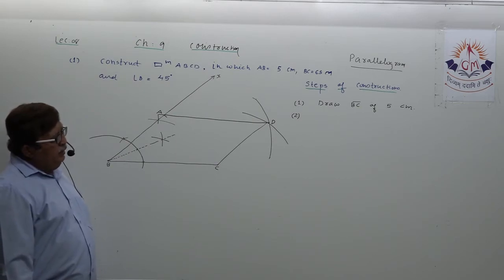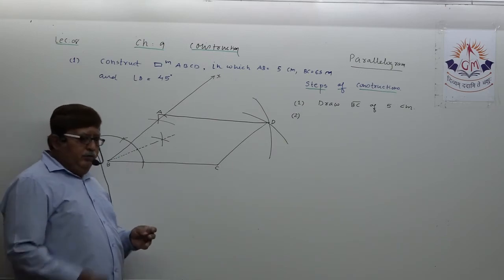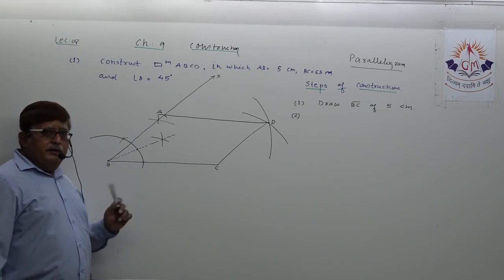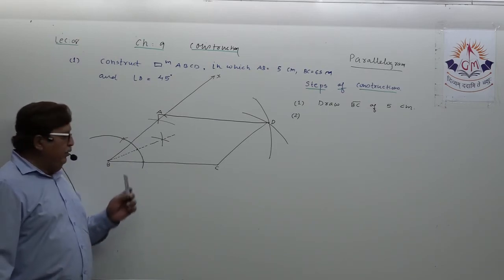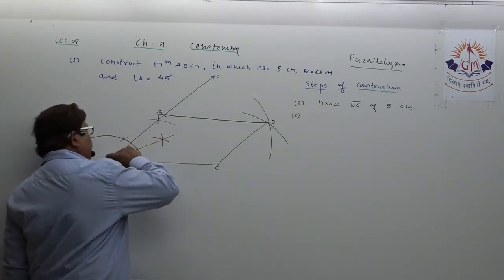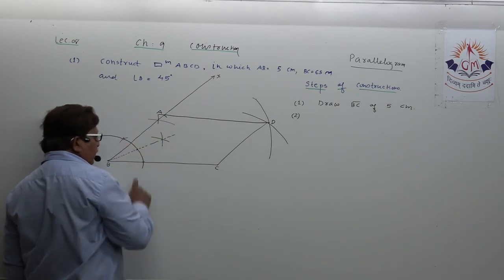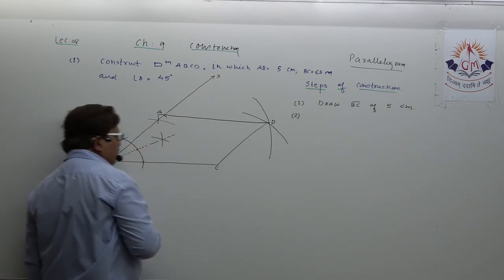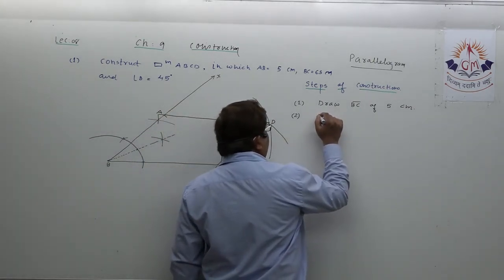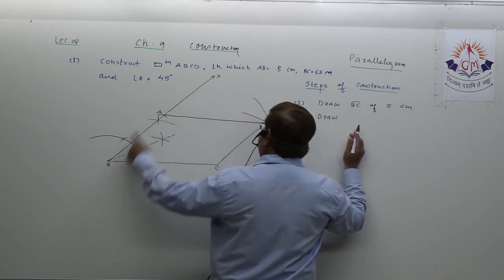What is the next step? Can you guess? What we have done here, you do not have to write in detail about taking the radius and all that, I have already explained to you. You just have to write about that particular ray which actually determines the angle of 45 degree at B. So you will write the next step this way. Draw. Which ray we have drawn?